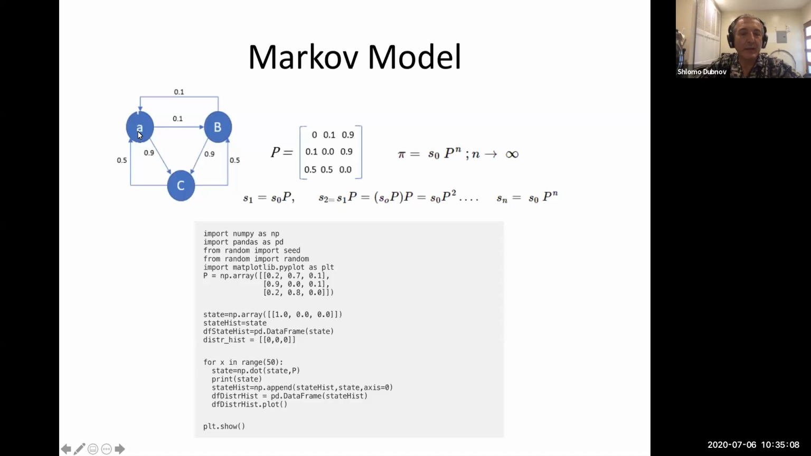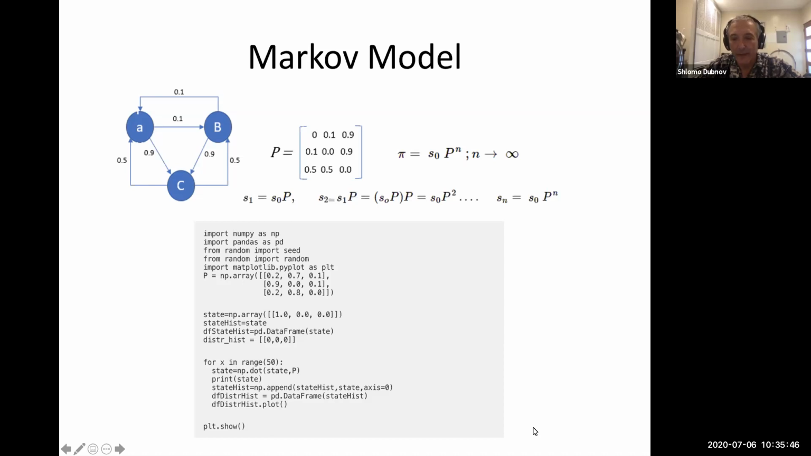If we're here, we have a probability of 0.1 of going to B, and a probability of 0.9 of going to C. And we have zero probability of returning; there is no loop here. In this matrix, everything here is zero, so there is no way you can jump back to A. But in general, you can also return to the same state. So we represent the fact that we are in state A as a vector